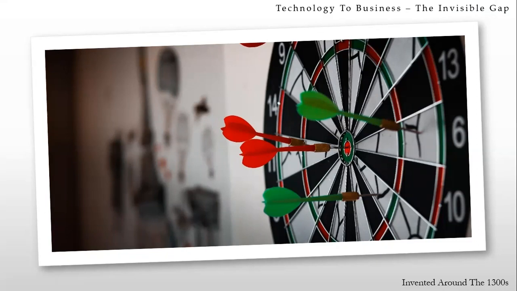So have you ever used a dartboard? Yes. So what do you target? You see these numbers, right? 13, 6, 10. What do you get based on that? You get some points. And where do you get the maximum points? In the center.